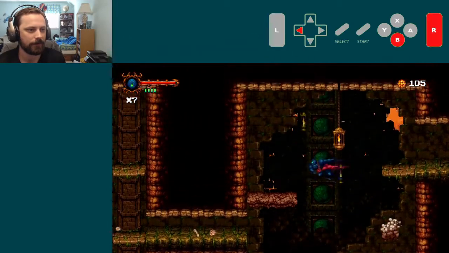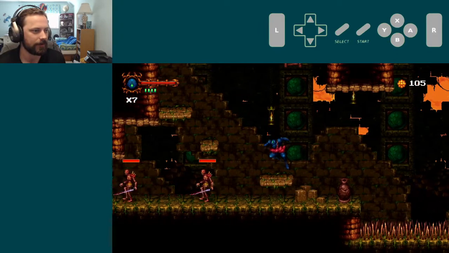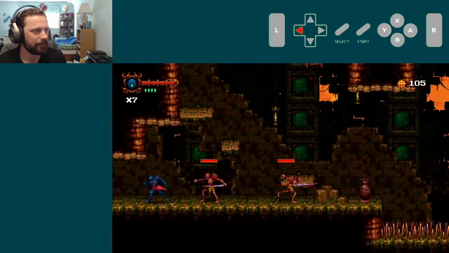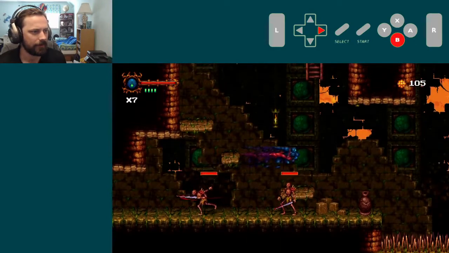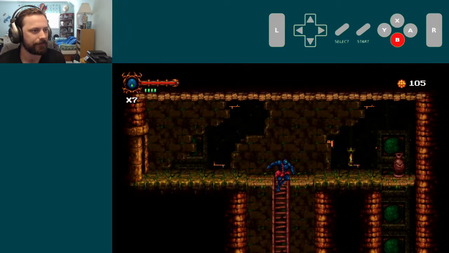Yeah, and then you slide through there. You just keep on moving. These guys are jerks. They're just placed in such a way where it's kind of annoying to get over them. So I like to dash over this guy and then do that. It just makes it a little bit safer. You can drop down this way and get another...